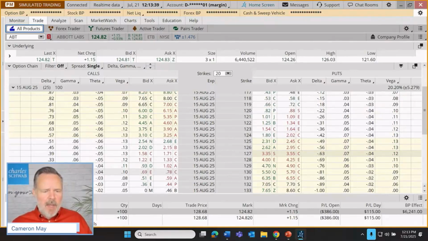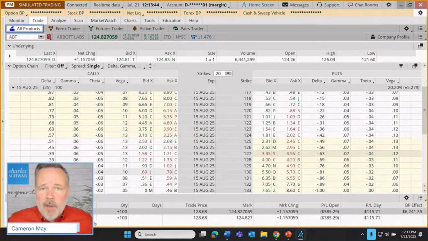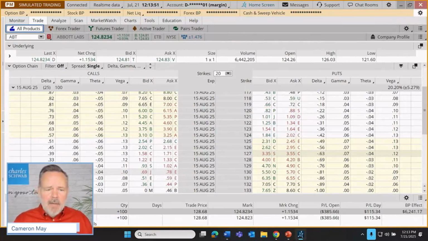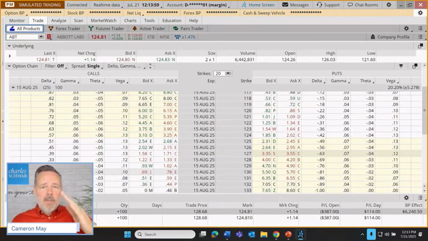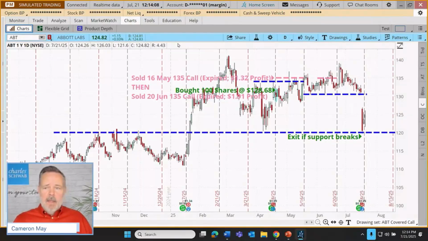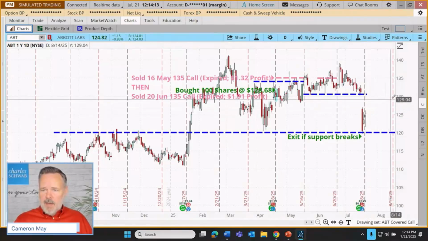That one's up there quite some distance. That's about a 22 delta, not a strong probability that this will ultimately be assigned. About a 78% probability this contract will just expire out of the money. That's not the only use of delta, by the way. Delta can also tell us how much a contract might change in value as the stock price goes up or down $1. But with that so far up there, let's visualize that again, up there at 130. Here we are, and we only have until the 15th of August for that stock to travel all the way up there.